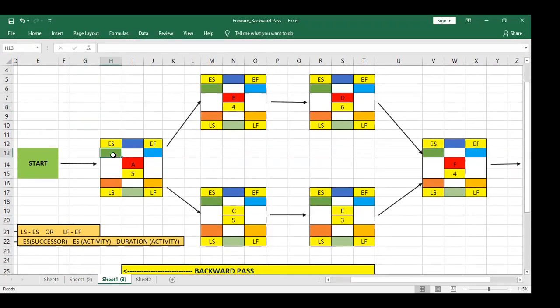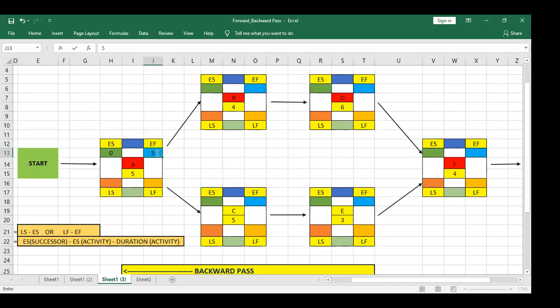This is the first activity. So for sure, the early start will be 0 for that activity. How to calculate early finish? Early start plus duration of the activity will become the early finish of that activity. So 0 plus 5, 5.